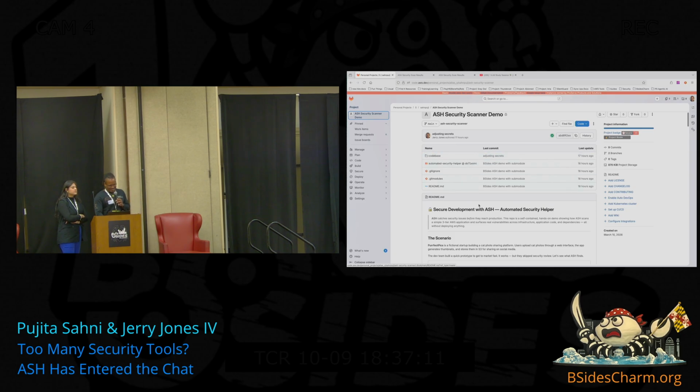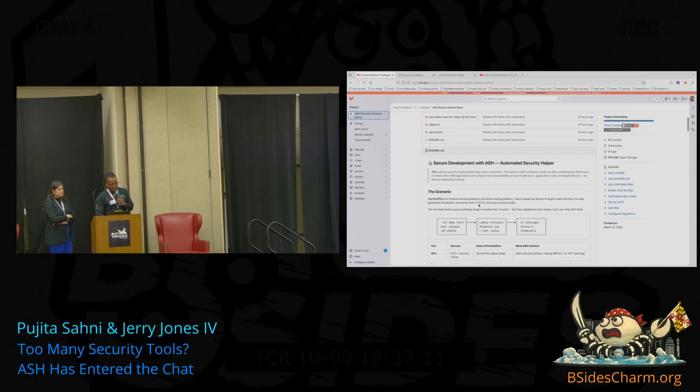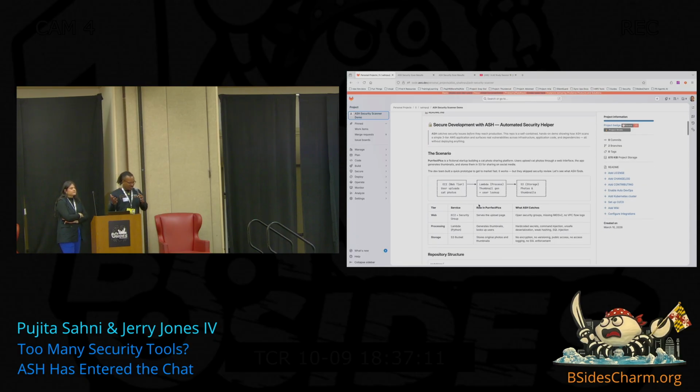This is Perfect Picks. It works a little bit like Tinder, where you have a basic 3-tier application. Let's call it a web server. We'll use a little bit of AWS terminology because we work at AWS, but this is very synonymous with things that you are likely very familiar with. So we have a web server. Someone has to log in and access your web page, your application somehow. They go through the public internet and hit your web tier. This is where, in this scenario, you upload cat photos to your favorite social pics app.